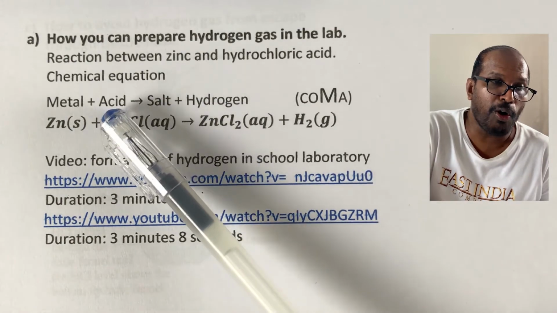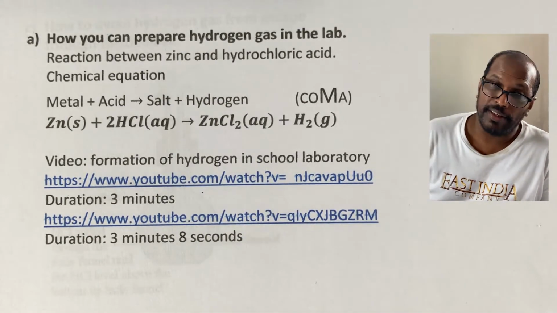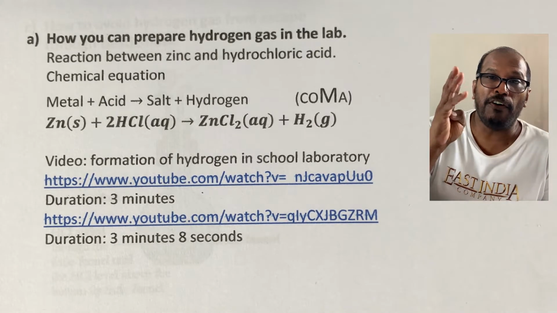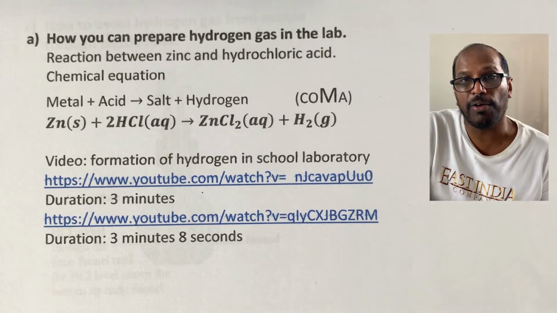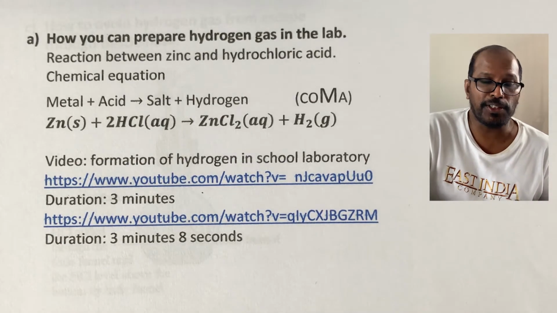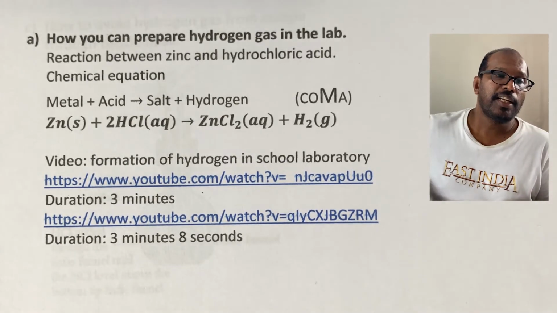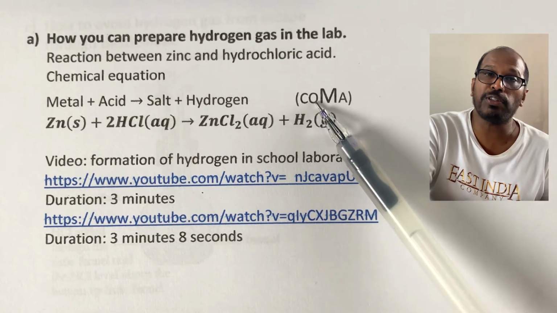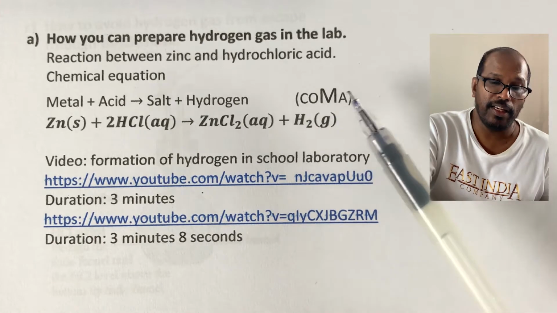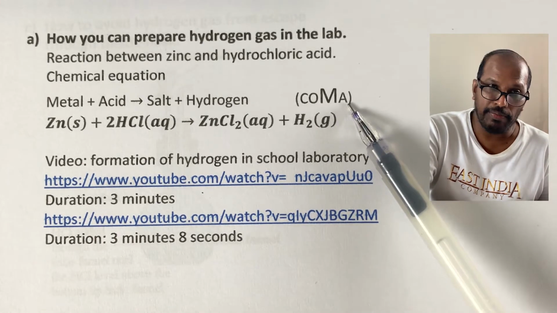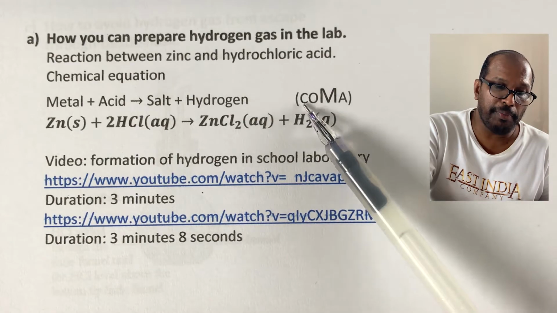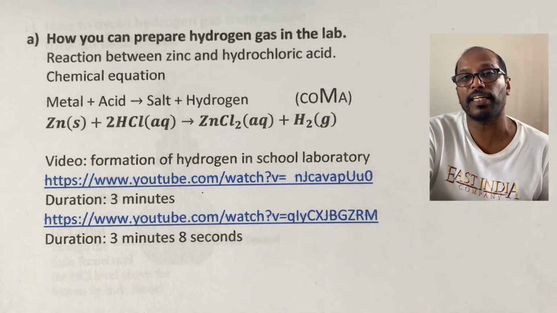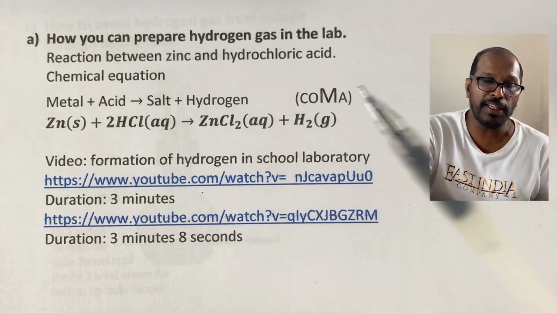Practically this is called a chemical property of acid. I call that COMA. Only 4 chemical properties of acids are in our syllabus, and the 4 of them are called COMA. The C stands for carbonate, O stands for oxide base, M stands for metal, and A stands for alkali. That means acid can react with carbonate, oxide base, metal, and alkali. These are the only 4 reactants that the acid can react with,